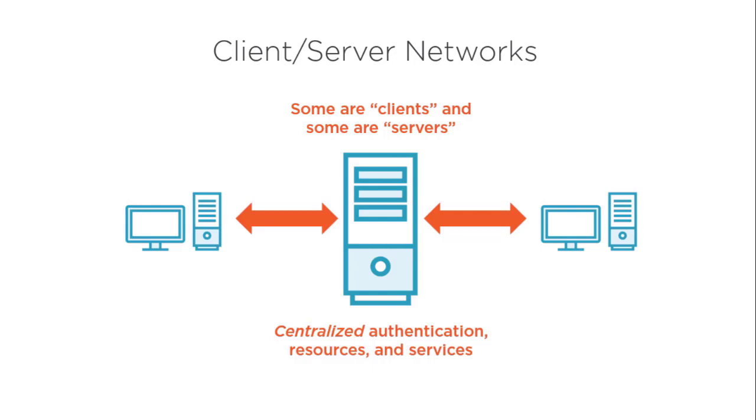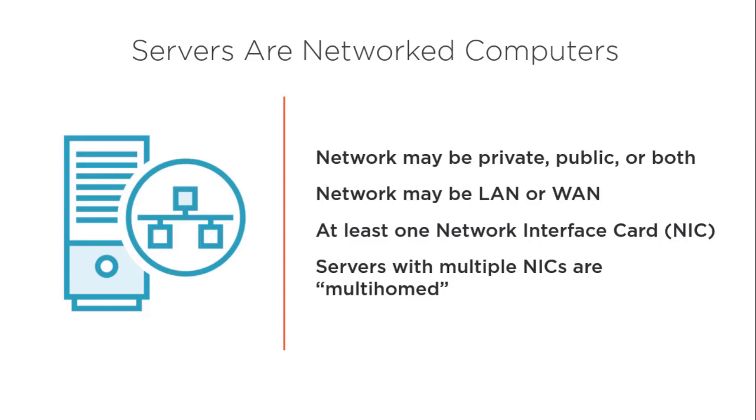This type of model, in which we control the resources, is called the client-server network model, and Windows 2000 falls in the category of client-server network model. Servers are network computers, as we discussed earlier. Servers are network-connected computers. The network may be private, public, or both. Private means it is limited to some networks and doesn't connect to other networks. Public means those computers which are connected to the internet or other networks.